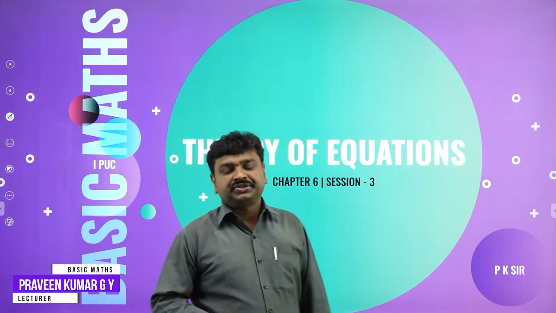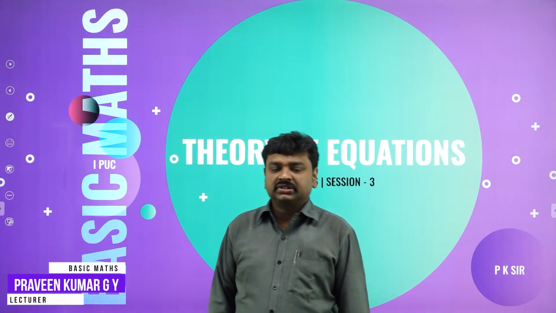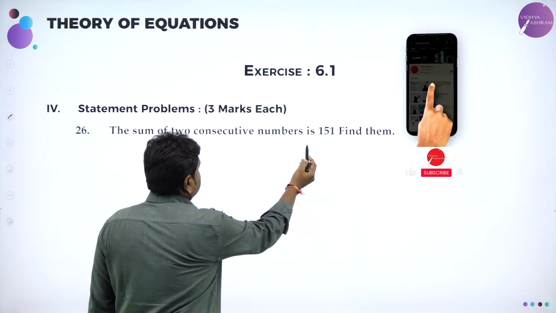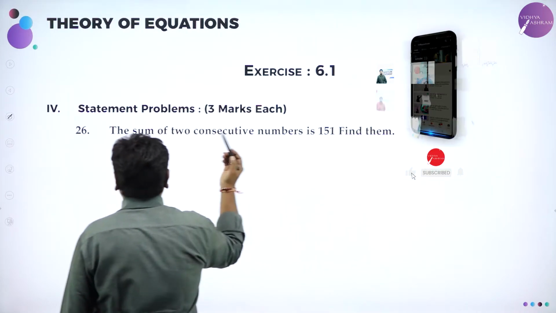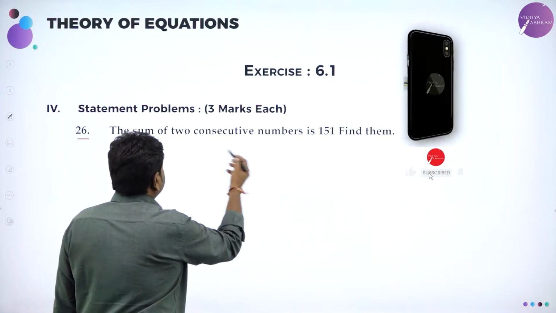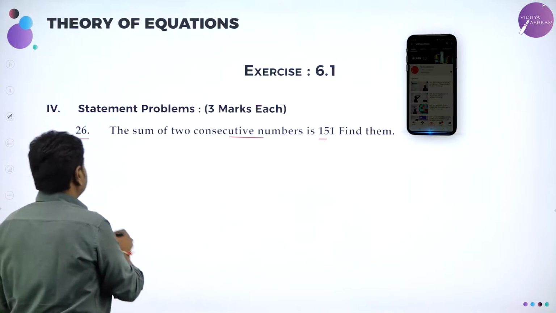Welcome to the session, dear students. Today we'll go ahead with concepts of theory of equations, that is word problems. The sum of two consecutive numbers is 151. Find them. In exercise 6.1, in 4th main, 26th problem. So they give the sum of two consecutive numbers is 151. Find them. So let us assume, let